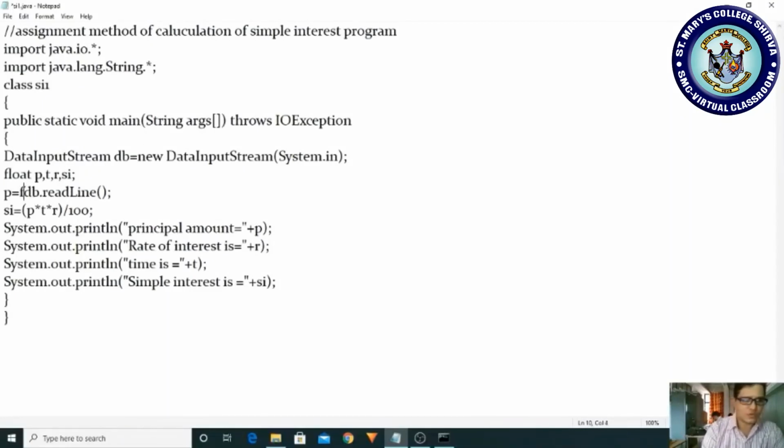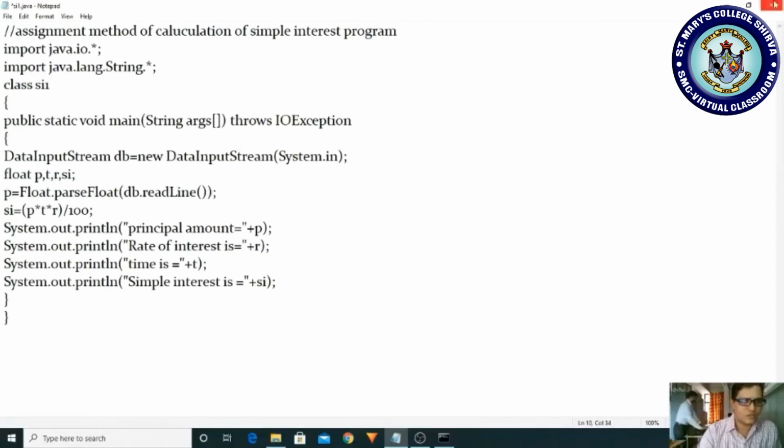So how to take this? Float.parseFloat. The F should be capital. Please observe here, Float.parseFloat of db.readLine. If you read like this, then you are forcefully converting the string into float.